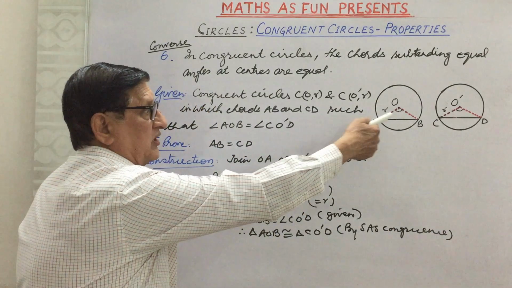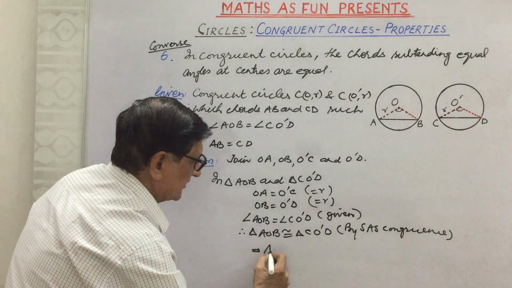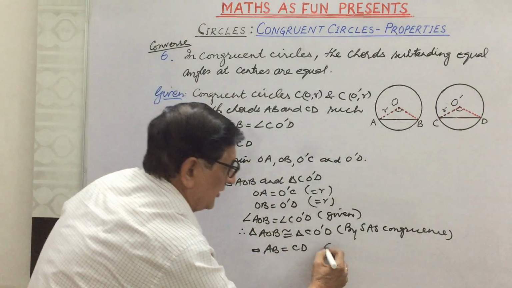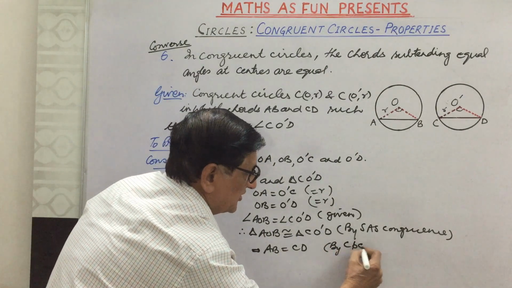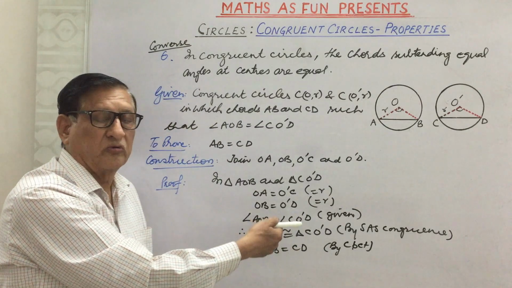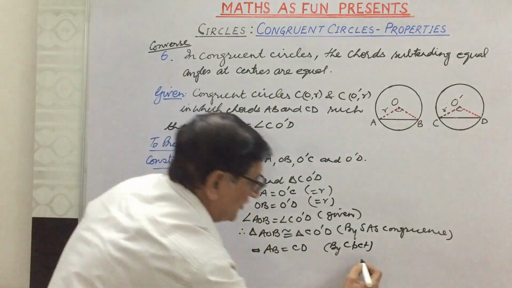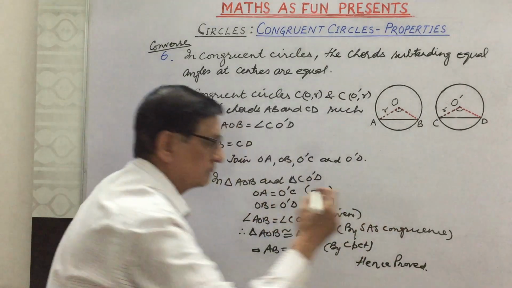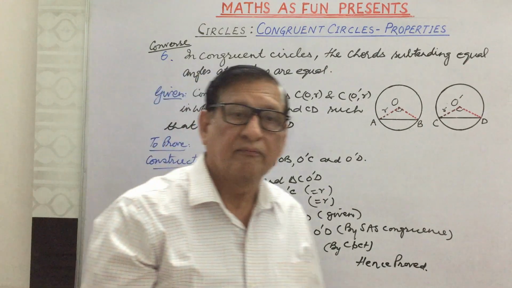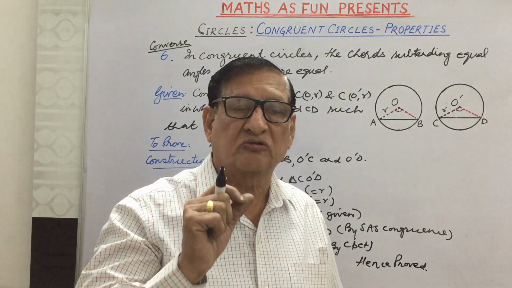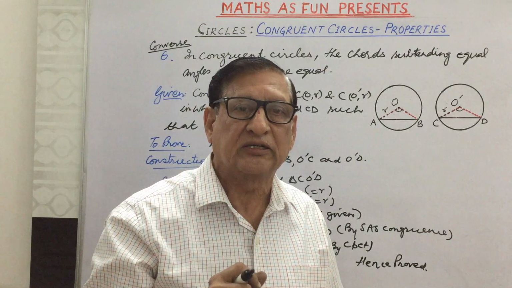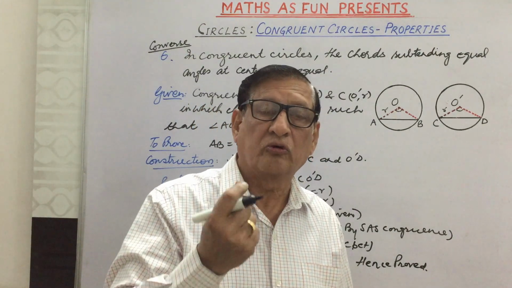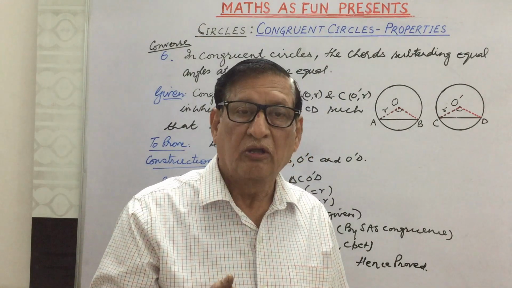And hence their corresponding parts are equal. This implies that AB is equal to CD. It means chords are equal. This is by CPCT, that is corresponding parts of congruent triangles. And this is what we had to prove. Hence proved. So we could prove that the chords in congruent circles which subtend equal angles at their centers are equal in length. After learning about all the properties of congruent circles, in the next video we will learn